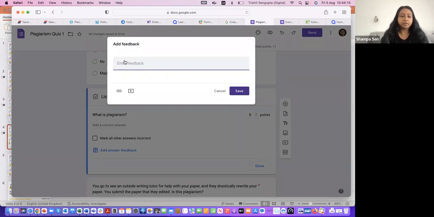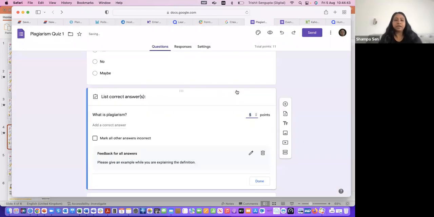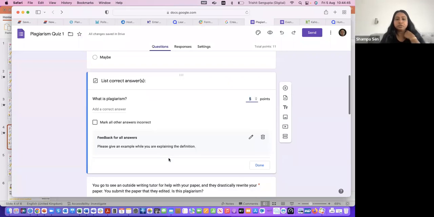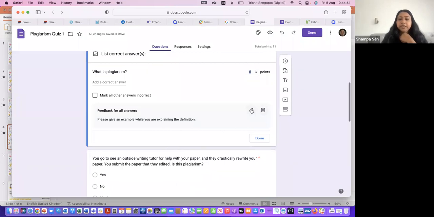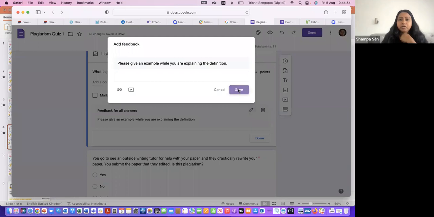So for the feedback, please give an example explaining the definition. So this is the feedback. If I save it, then it will be over here, so students know how they are going to give the answer. And if you don't want it, you can edit afterwards as well,